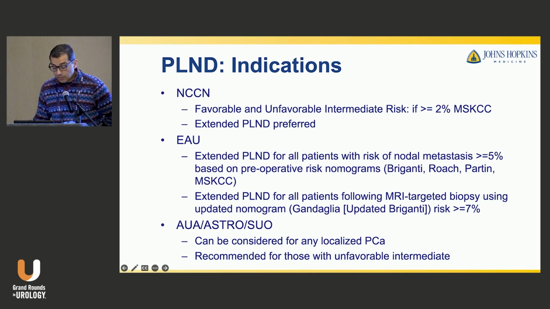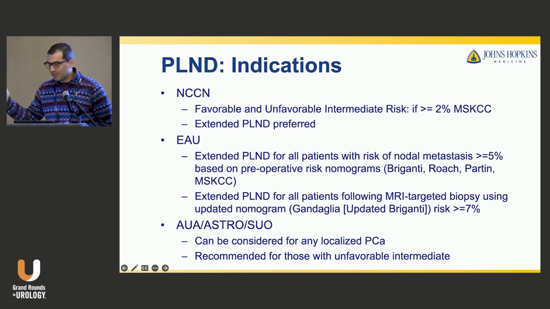The EAU says that extended pelvic lymphadenectomy should be performed for all patients with a nodal metastasis risk above a little higher bar, 5%, and they leave the nomogram up to the individual: Briganti, Roach, Partin, MSKCC, etc. They further say extended pelvic lymphadenectomy for all patients following MRI-targeted biopsy using an updated nomogram. The idea there was to put some MRI information into the decision-making process, as that became